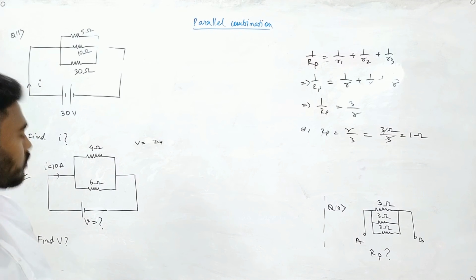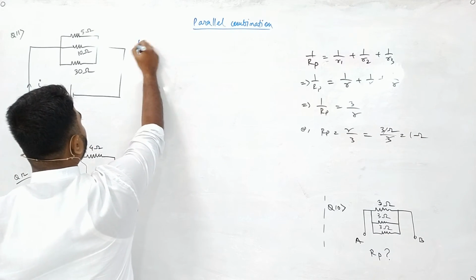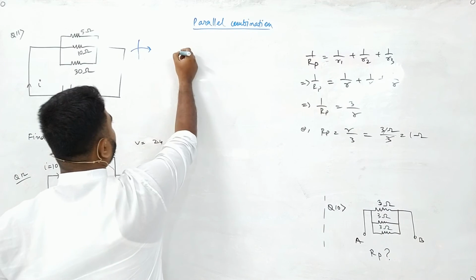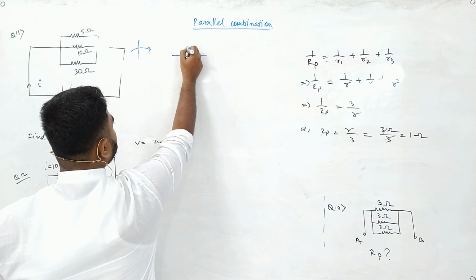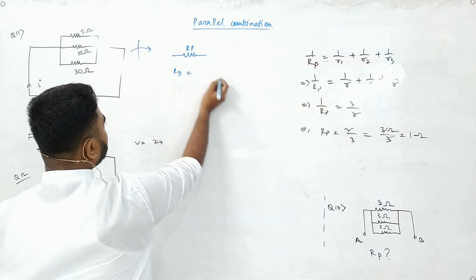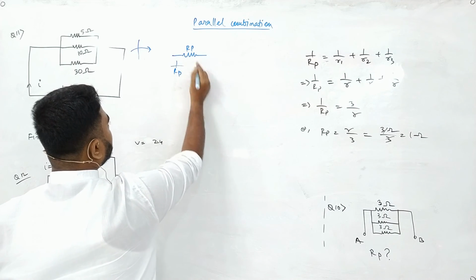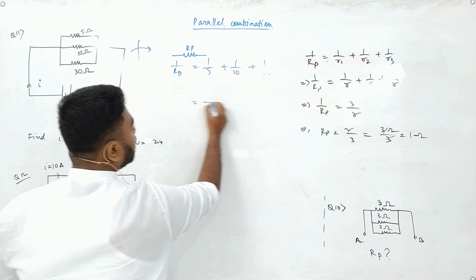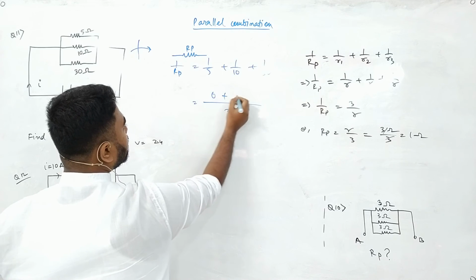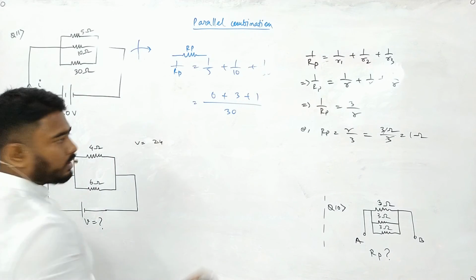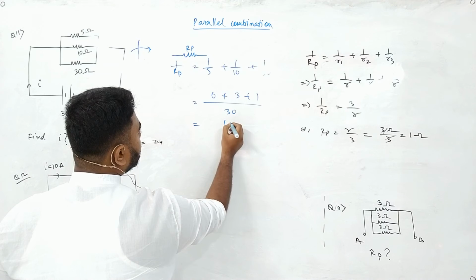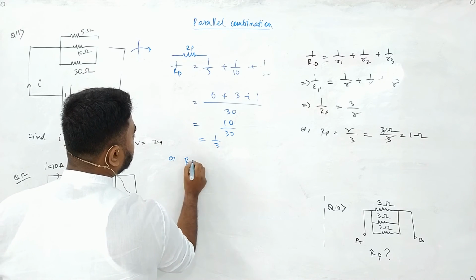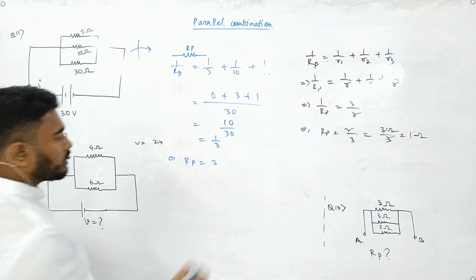Okay, now let us do this one. Question number 11. This one. 5 ohm, 10 ohm and 30 ohm. So can I write this one as a single R parallel, where 1 by R parallel will be equal to 1 by 5 plus 1 by 10 plus 1 by 30, right? The LCM will be 30. This will be 6, 3, 1. So that will be 10 by 30, or that will be 1 by 3, or R parallel will be equal to 3. So that will be 3 ohm.